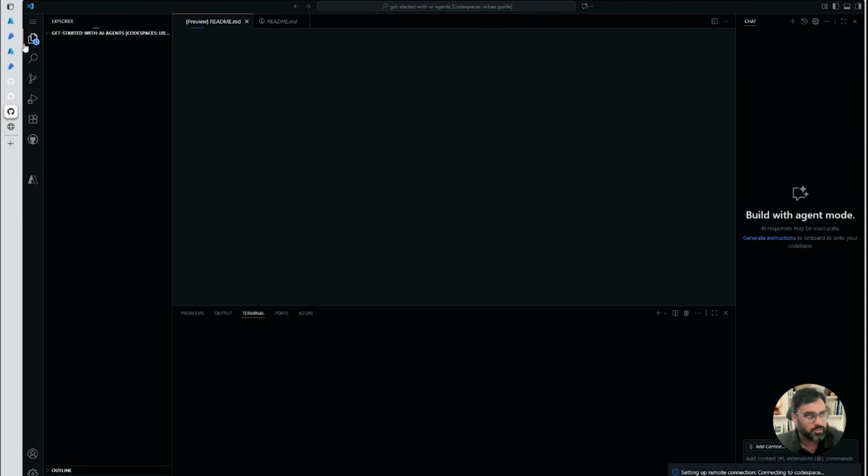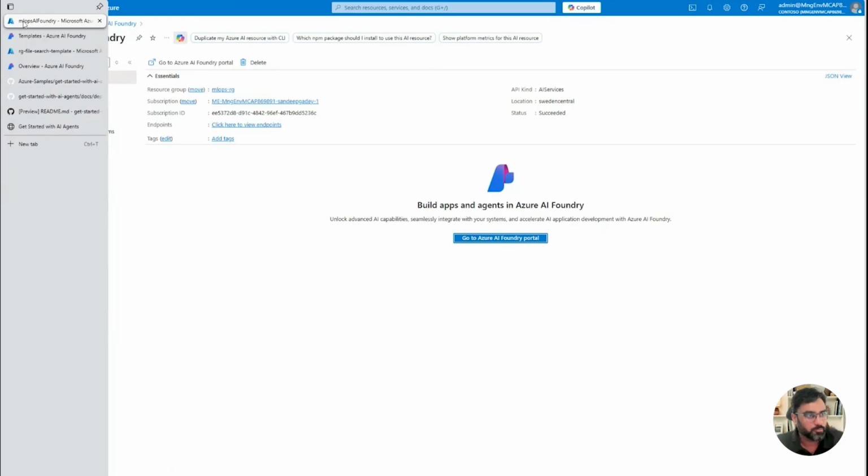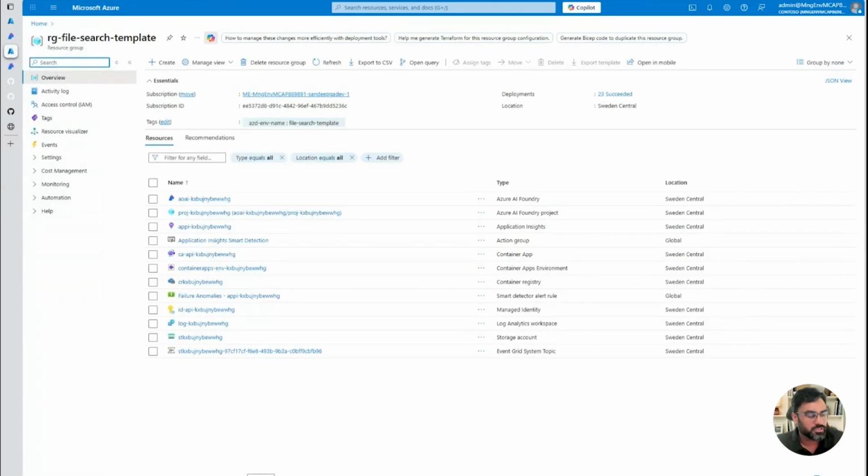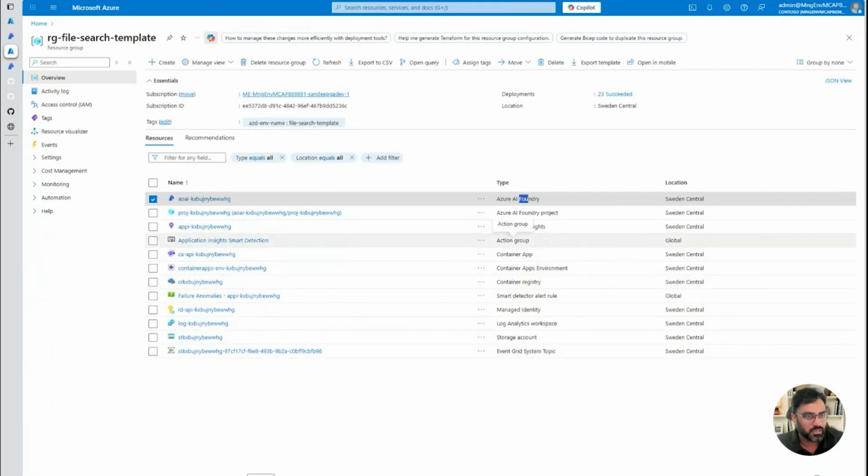Once you deploy it, you can specify a resource group and also the project name, and this will deploy all the resources that you need. That will deploy the Azure AI Foundry project, some app containers for the UI, and some storage accounts where it stores all the files and everything.